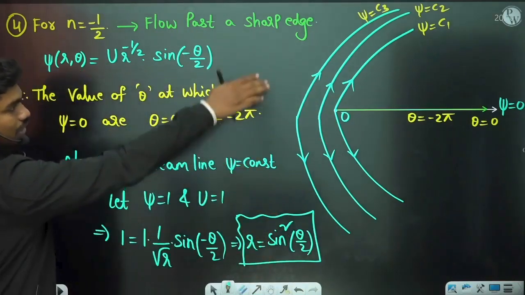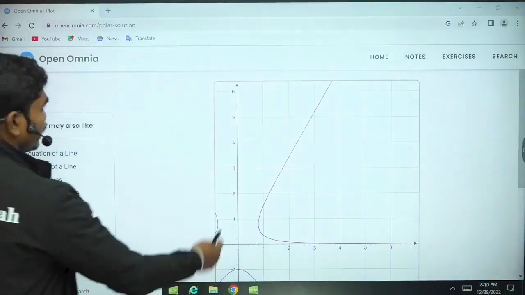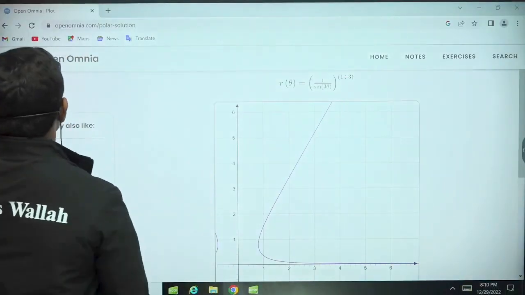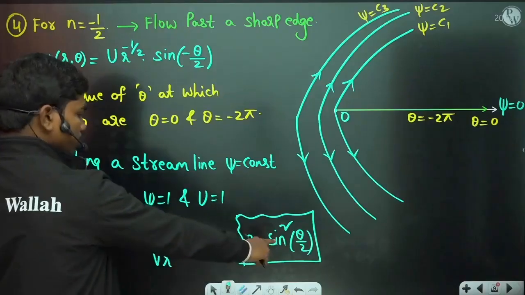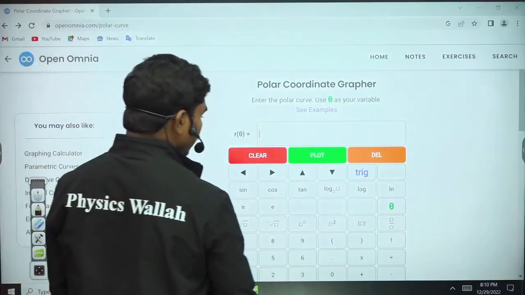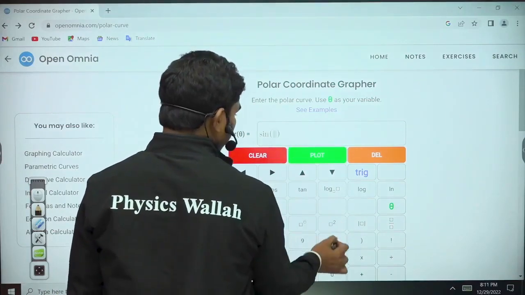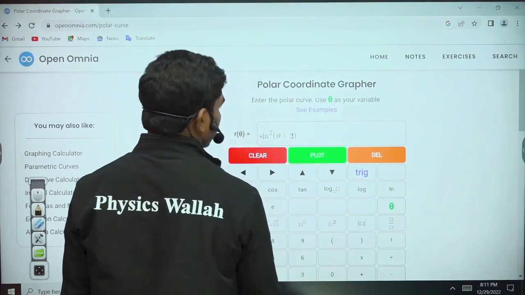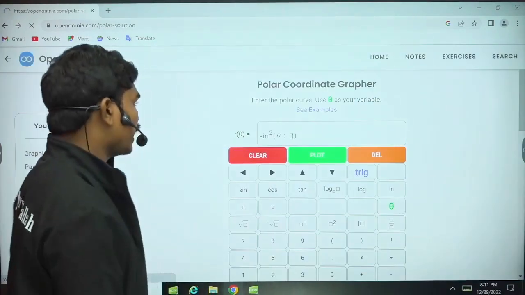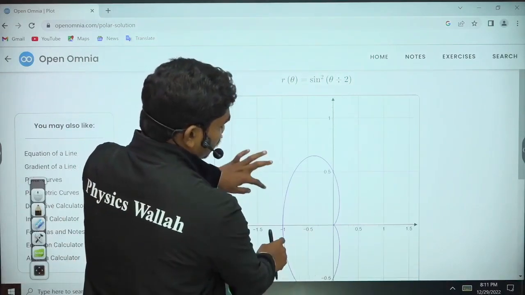So if you plot this, this is how we get the shape. I'll show you. r is equal to sine square theta by 2. For example, let me plot the same thing here. r is equal to sine square theta by 2. Okay, so if you plot r is equal to sine square theta by 2, then here, if you see, normally